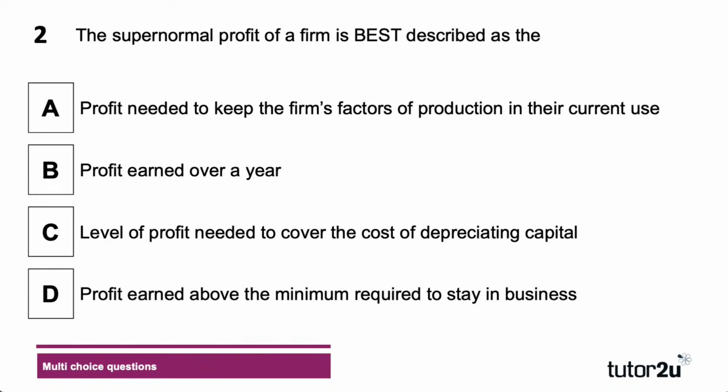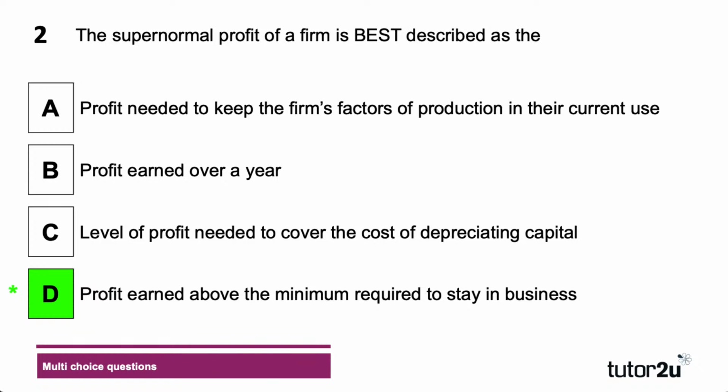Kelsey has come through first. Well done. And Het Patel and Arian and Yasser, and then lots of other people following. And again, you're all going for the same one here. You're all going for D. Let's see if they've got it right, John. You have. Well done. Okay. So the point here is the difference between supernormal and normal profit.